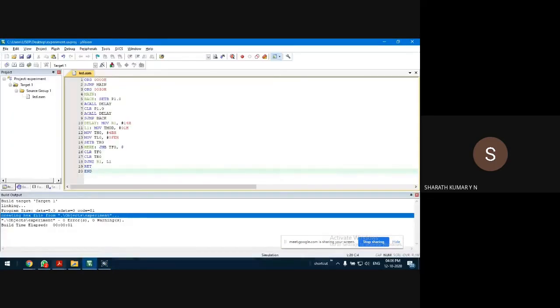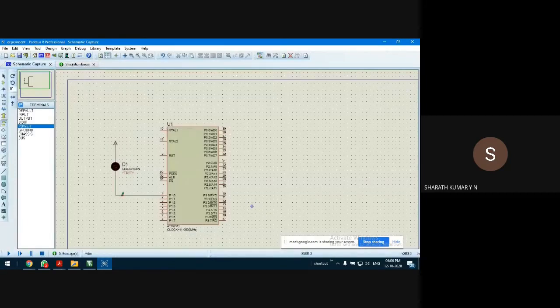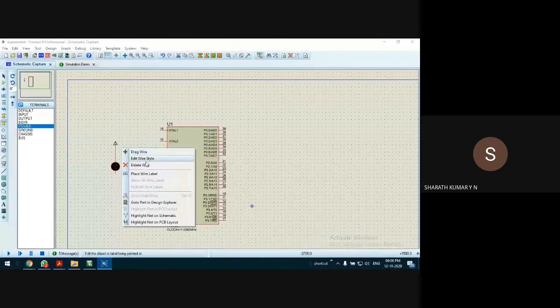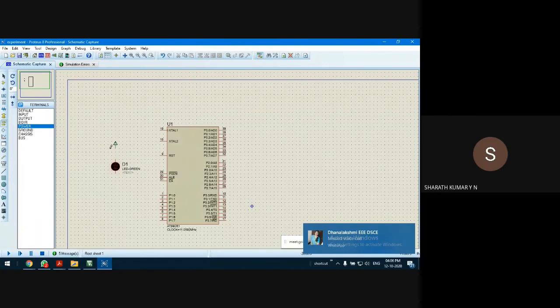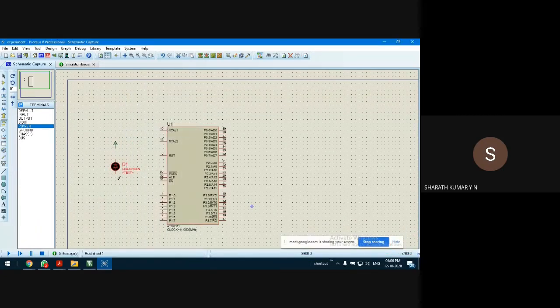Guys, in this case, the only thing, connection wise, is the other possibility of the LED connection. What I'm talking about is, delete wire. Let us say in case we connect the cathode, just a minute, I'll rotate this.